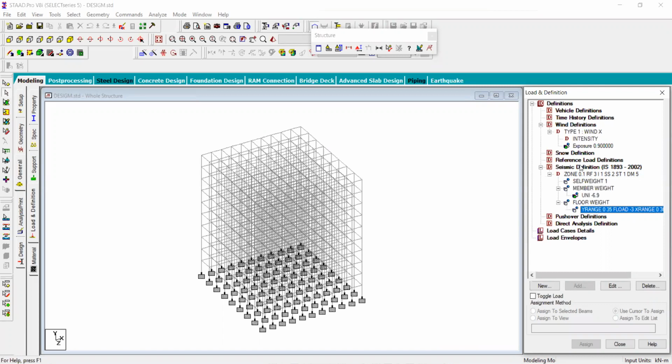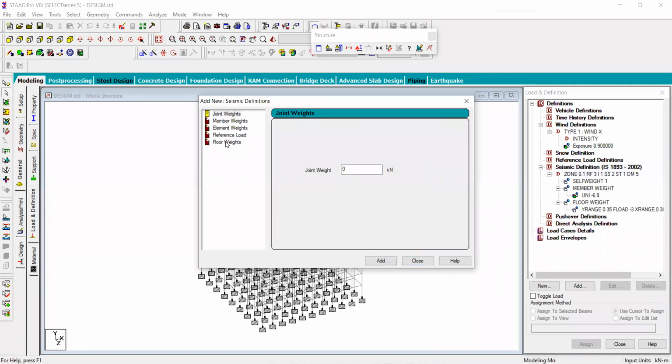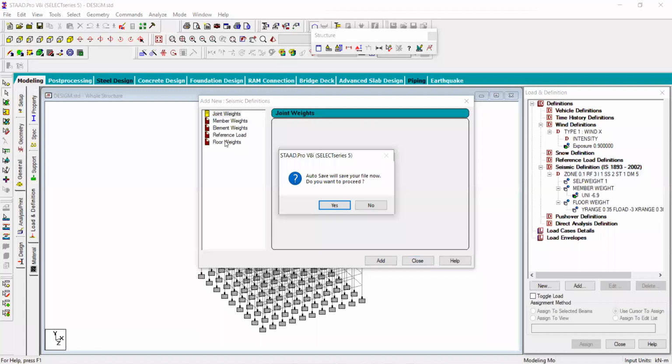You go for the live load. Just again go for the add here, and again live load. You know that this is the residential buildings. Its value is given in code 875. Its value is equal to 2 to 3 kilonewton per meter square, and also in code 1893 live load decreases with the height, but in this case you take it uniform. Otherwise you have to apply several steps.